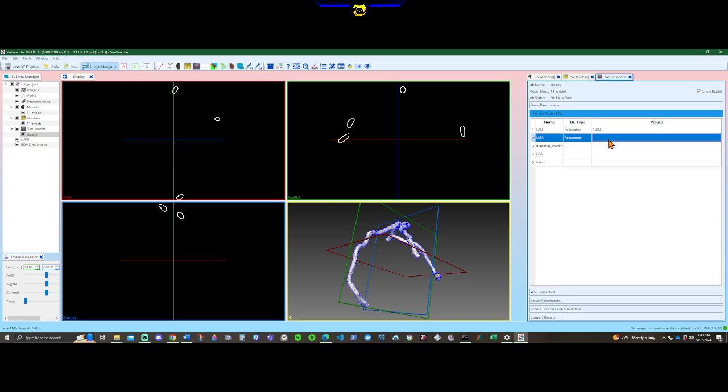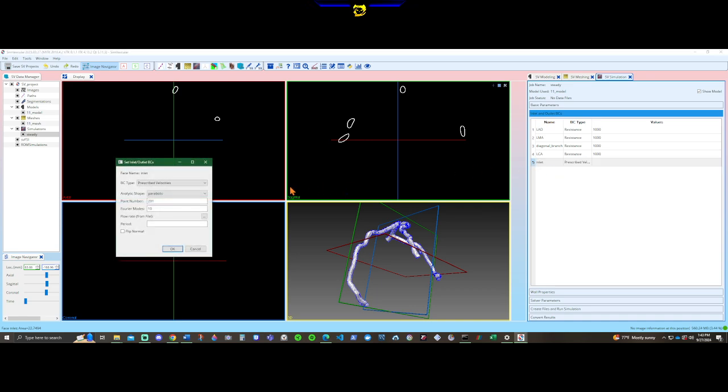Same here, resistance 1,000. All except your inlet. Your inlet, what we're going to do is right click, set BC,